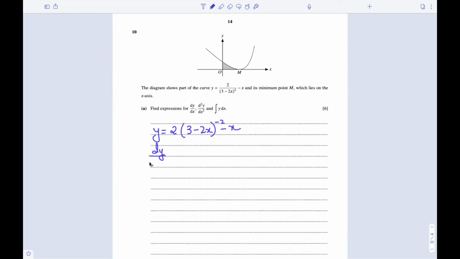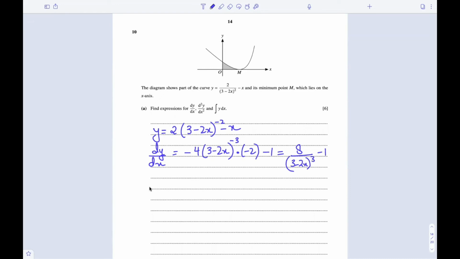Differentiating, we get dy/dx equals, so the power multiplies with the coefficient. This will become -4 into (3 minus 2x), and we multiply by the derivative of this function 3 minus 2x, which is -2. The power decreases by 1, so it becomes -3. Differentiating minus x, we get -1. So the simplified form will become -4 times -2 would be +8. So we can write this as 8 divided by (3 minus 2x) to the power 3